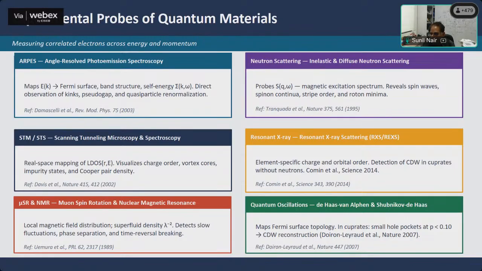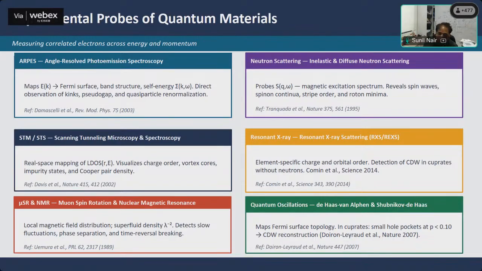If you have scattering techniques, you can look at things like muon spin rotation, which gives you the distribution of the local magnetic field. MuSR, for instance, is an extremely important technique when it comes to looking at quantum spin liquids. Neutron scattering remains a very popular technique when it comes to magnetic solids.